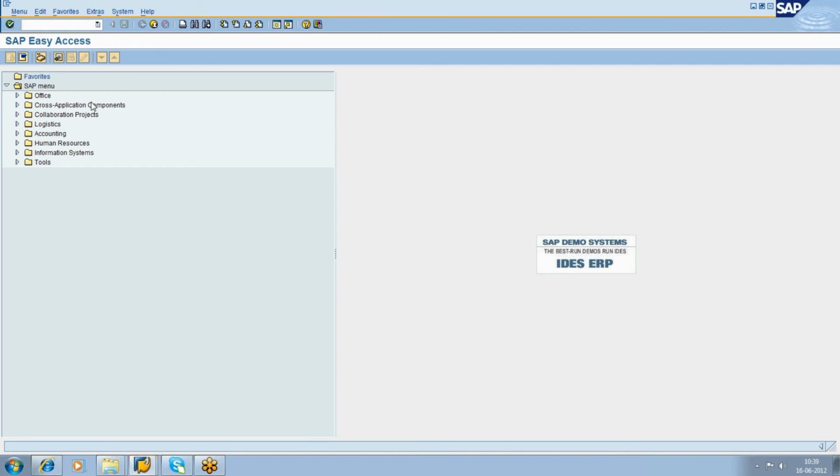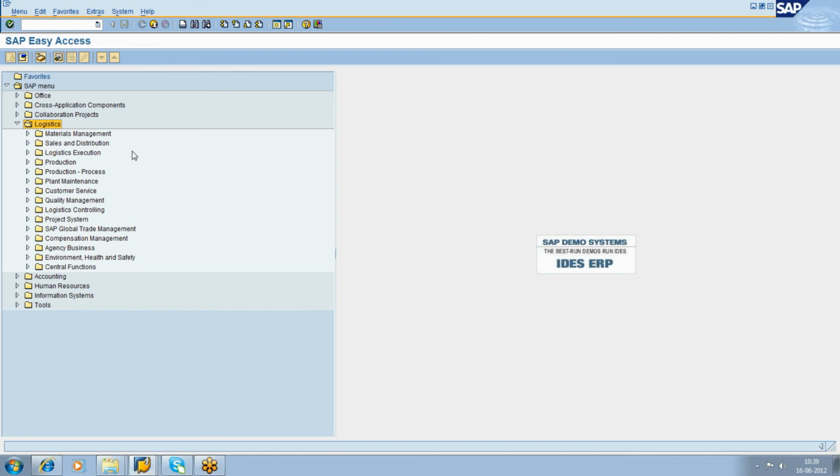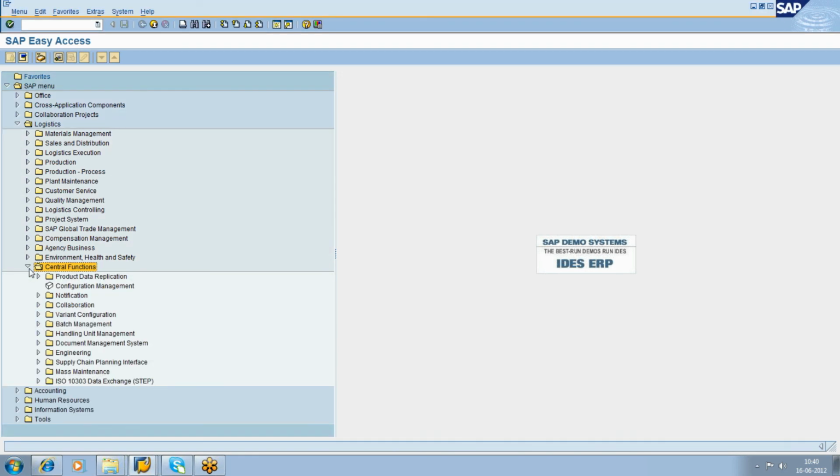All right, guys, have a look at this. I'm going into logistics. So from here, you have something called central functions. As I told you, this class creation and characteristics creation is part of multiple applications. Therefore, it is placed under central functions, characteristics and class creation. So when you go into it,